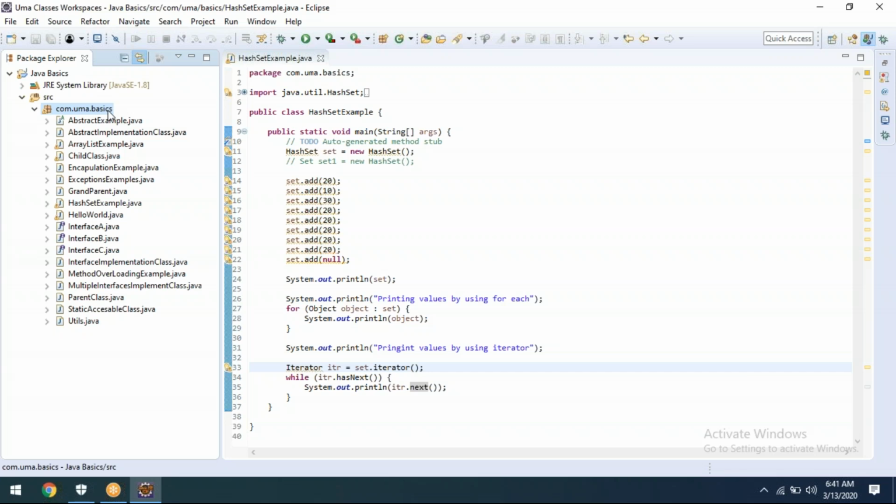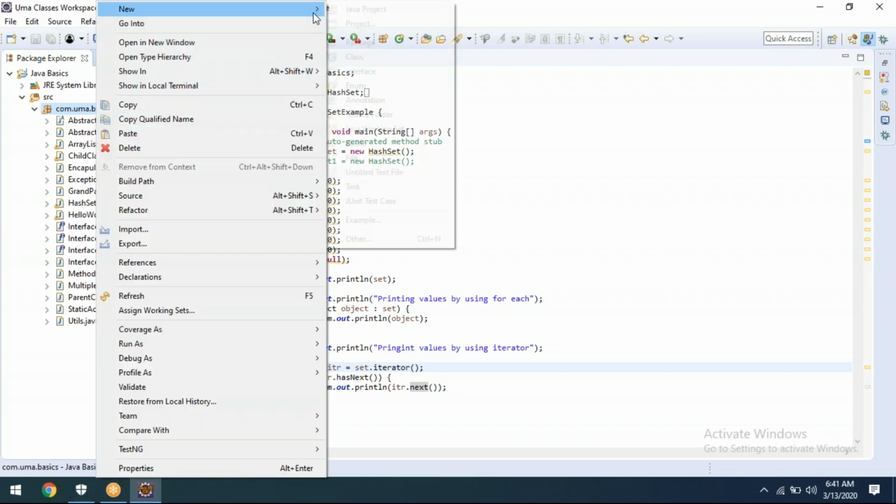Let's say for example, 10, 100, 30, 40, like that you give. But while receiving the output, you will get it in sorted mode. We'll see that today. It won't allow duplicates, but there is something else. We'll see that now.